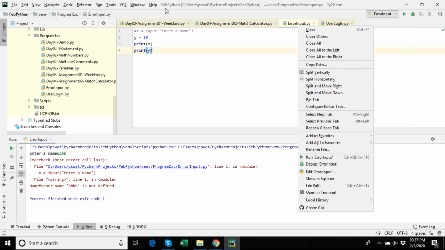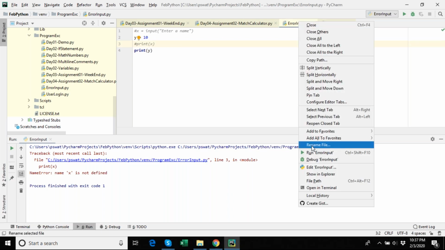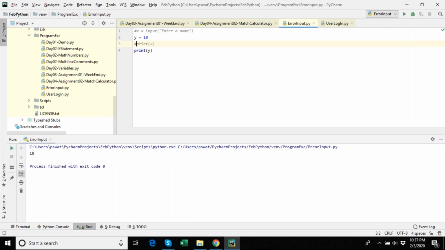Don't do an update from, I don't know which version we're using here. So let me run this. Print x is anyway not there. Just do the latest one and let me know, please.